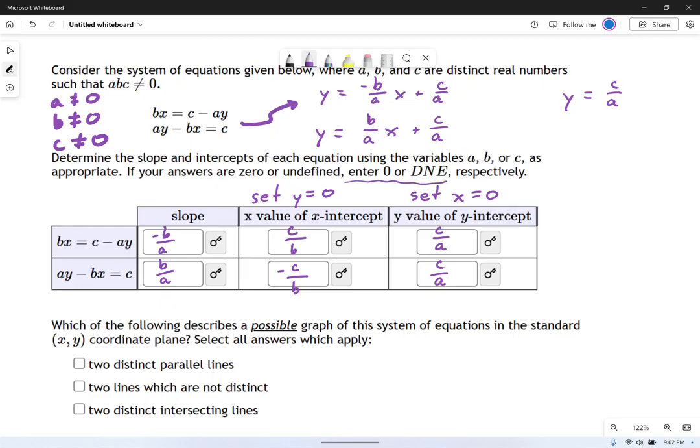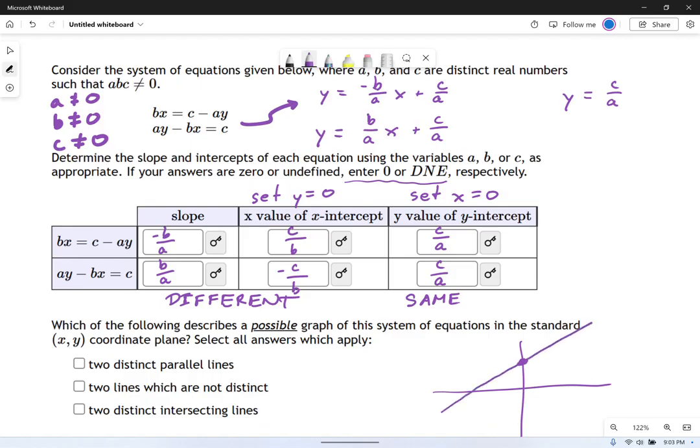Now, what we have to do at this point is compare these two lines to each other. What's the same and what's different? Well, clearly, they have the same y-intercept, but they have different slopes. Probably spelled different wrong. That's fine. Math teacher here. They have different slopes and x-intercepts. So try to picture the graph that we're talking about. They have the same y-intercept, but different slopes and different x-intercepts.